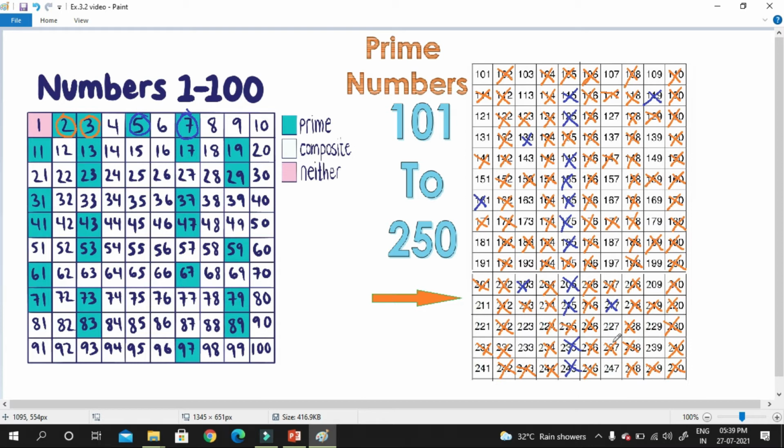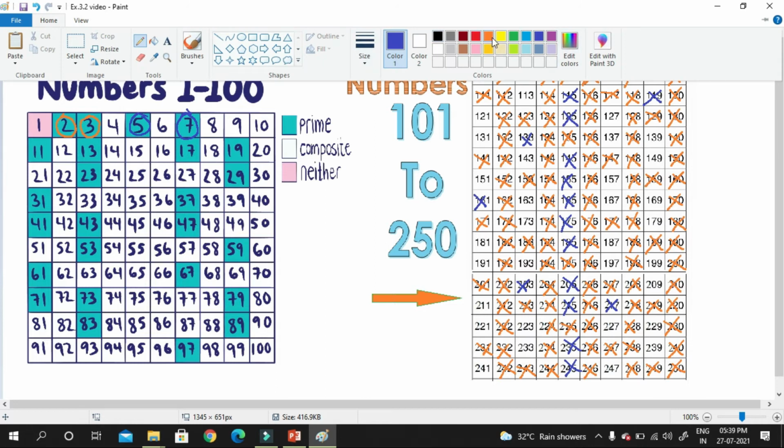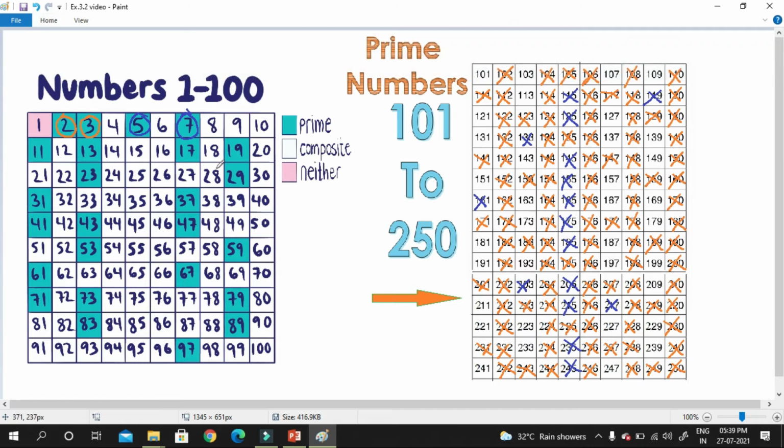Now the multiples of 11. So again I am changing the color. Let me take some green. So for the multiples of 11 we have to cancel out now.